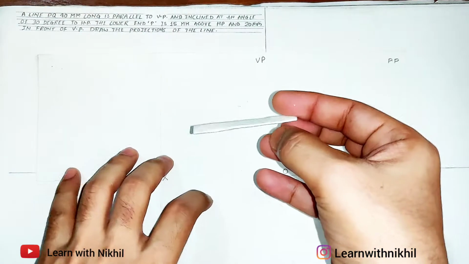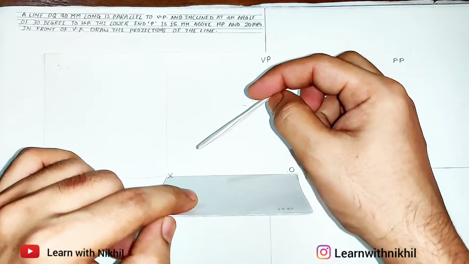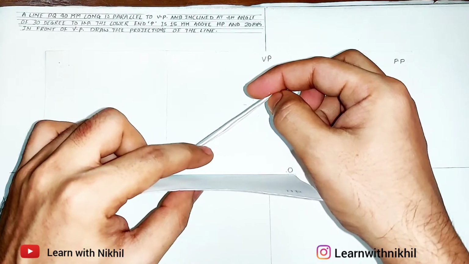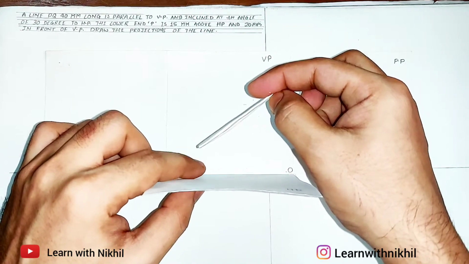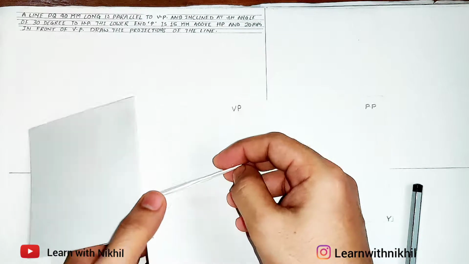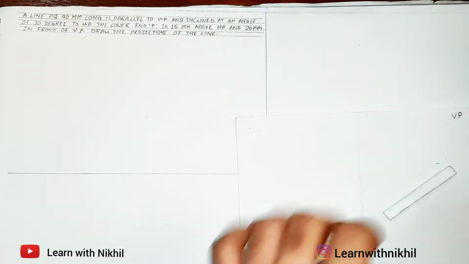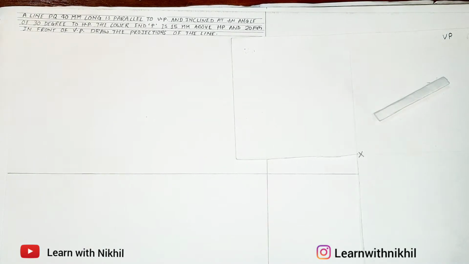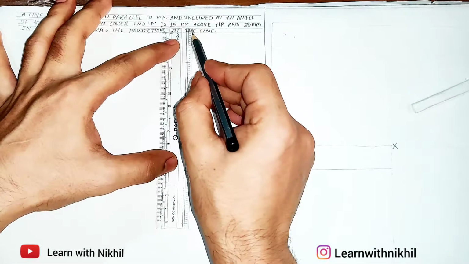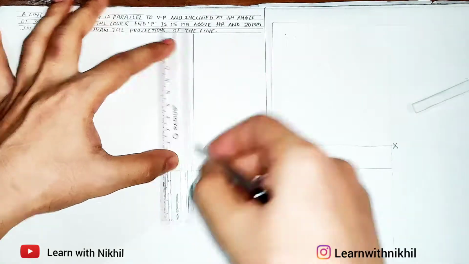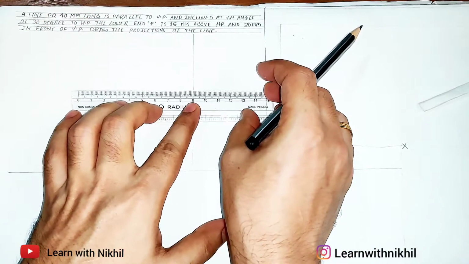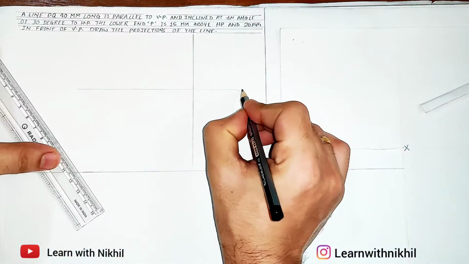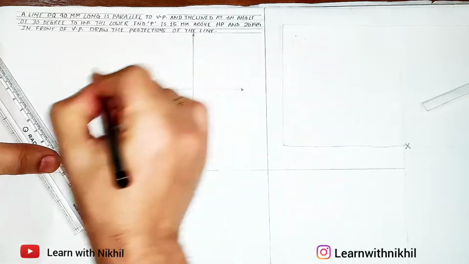So we'll draw it step by step. As the question progresses, we'll draw it. So this is how the line will be from the front view. This distance is 15 mm and it is inclined at an angle of 30 degrees. So first we'll draw the axis, as we only want to draw the front view and the top view, not the third plane. I'll draw the axis larger on the left side where we'll draw the figure.